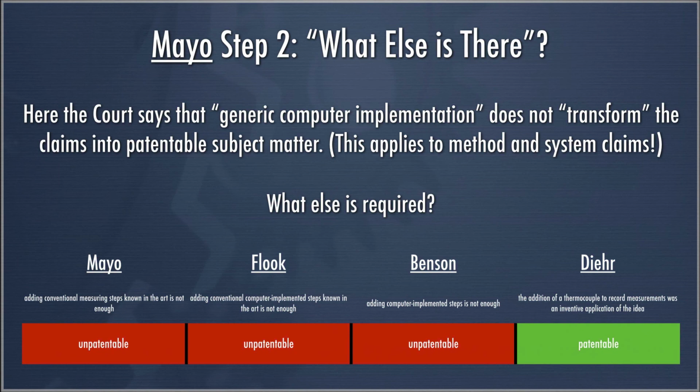So the addition of the thermocouple to record the measurements was the inventive application of the idea. The court describes that as an inventive and unique application of the well-known or the abstract idea. So I think it's that difference between the Mayo, Flook, Benson, and Alice cases and the Diehr case that's going to be the clue to where our line is. And I think that where the court thinks that it sees something more than a computer, more than simply applying it to a particular field or anything like that is going to be required, the court points to the Diehr thermocouple,